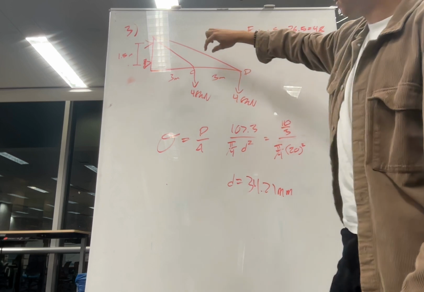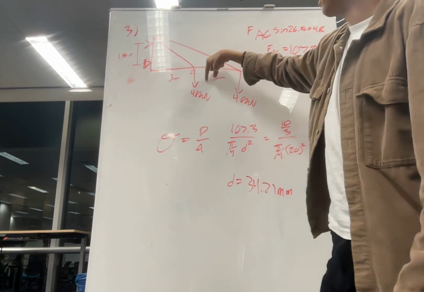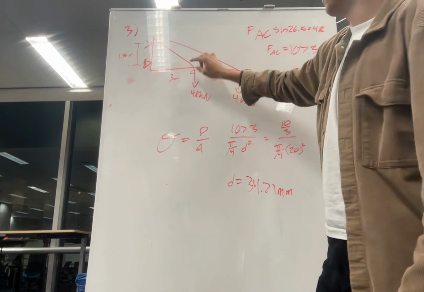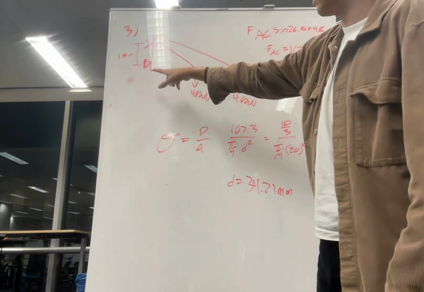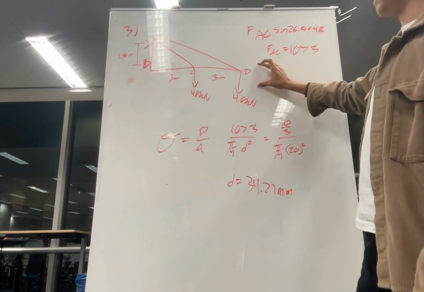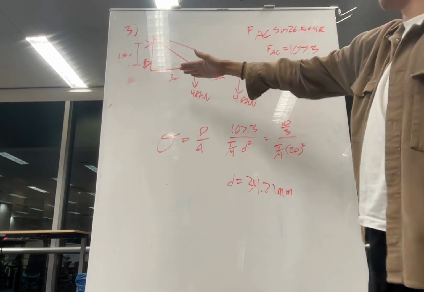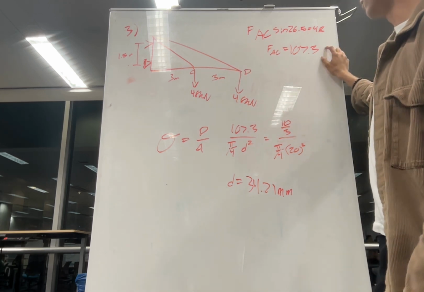So AC is going to have internal force here, here, here, here. But because these two are going to cancel out, all we care about is this right here. So we can set this equal to finding this angle with pretty simple geometry. We can find FAC. And then it's the same thing with FAD, that's just a different, longer triangle. That's the only difference in 3 and 4. So once you have your force,